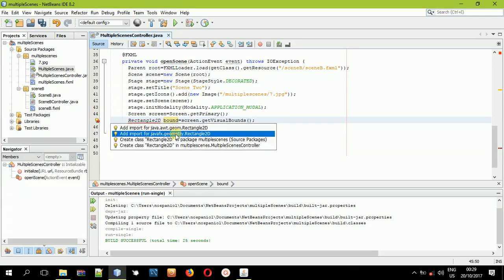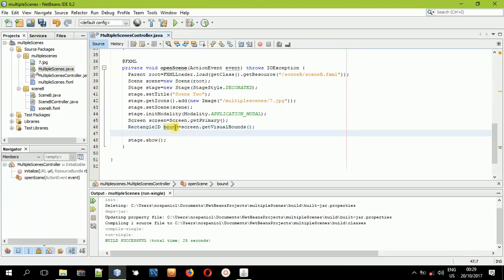I'll select this. Remember that for many types of libraries, always remember to select the JavaFX libraries, because that's what we'll be needing, unless there are no available JavaFX libraries. But now it is high time to give our stage these bounds. So what we'll be doing is just say stage, and then you'll set